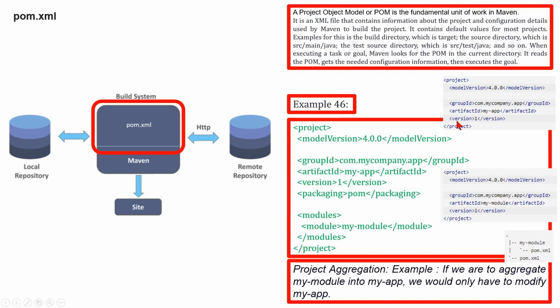The solution is here. Then if we want to aggregate my-module into my-app, we would only have to modify my-app. In the revised com.mycompany.app:my-app:1, the packaging section and the module section were added. For packaging, its value was set to pom, and for the module section we have the element module, my-module. The value of module is the relative path from the